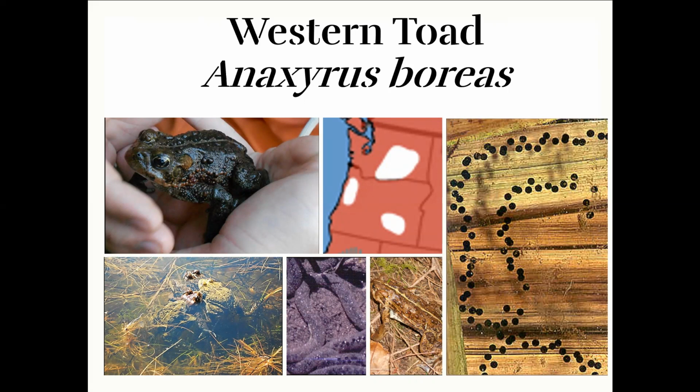These breed from January through July, and they breed communally. So you'll notice in this bottom picture on the left that these 2 pairs are in amplexus, which just means they're breeding, and they're almost on top of each other. And then there's a bunch of eggs around them. So they actually all breed communally. They take cues from the temperature, and they all show up at the same time and breed and lay these